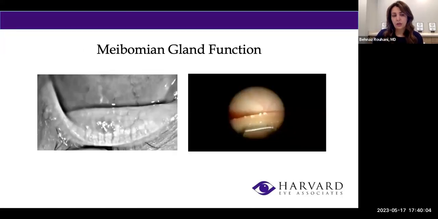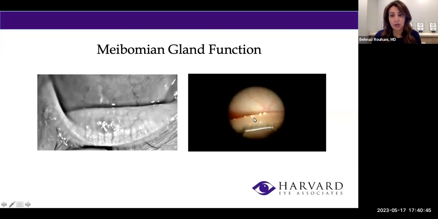This is an inverted, flipped eyelid that is showing where the meibomian glands, which are oily glands, are located. These are in charge of producing the oily part of the tear film, to keep the tear film nicer and heavier against gravity, longer lasting on the surface of the eye, rather than losing it as a watery tear film. This is where we have some dysfunction of those glands, where they cannot get the oily part out to the tear film. And there's a tool here that I'm using to press on those meibomian glands and express that oil.